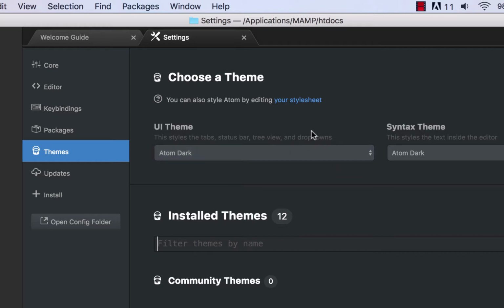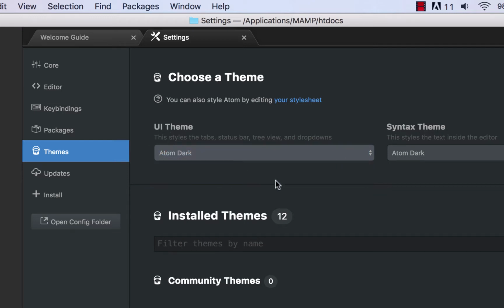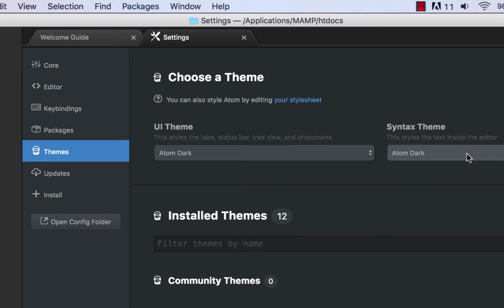Themes is what I'm going to be working with. When working in CodePen, I like the black background. So one of the themes in here that I like, they have a couple built in, and you could always add more. But I'm going to work with the Atom Dark. They have the UI theme, which is the look of it, and then they also have the syntax, which is the way all the text is colored and things like that. And you could change some of that, but I'm just going to leave it on Atom Dark. And one thing I want to point out, and you might not know, and I had to search this out,